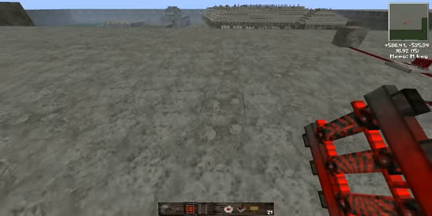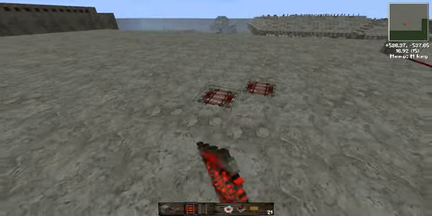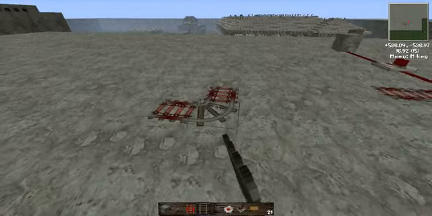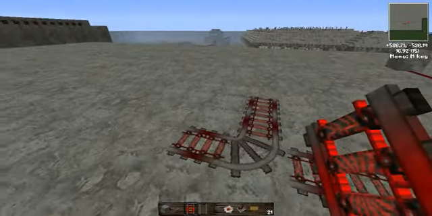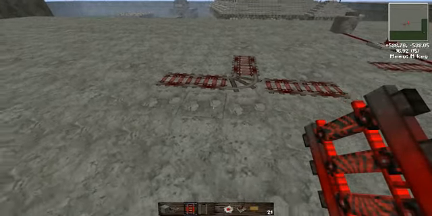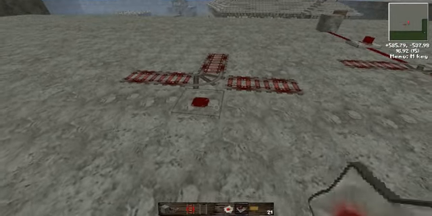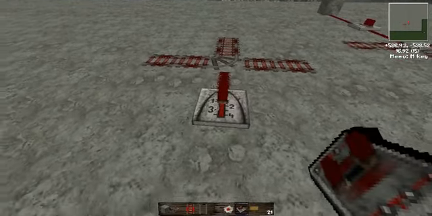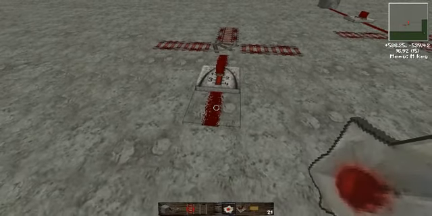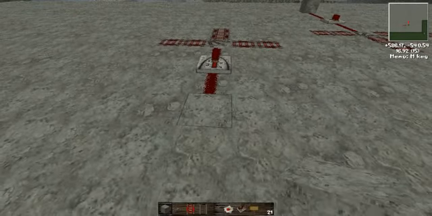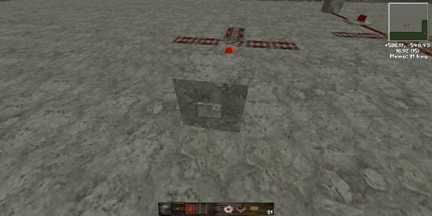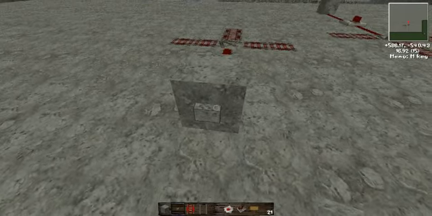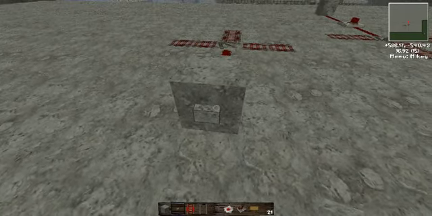If you have it where you want to go like this, it doesn't matter how much redstone you use, you could have just a small amount, but this will operate a little bit different. It'll immediately flip on and off,